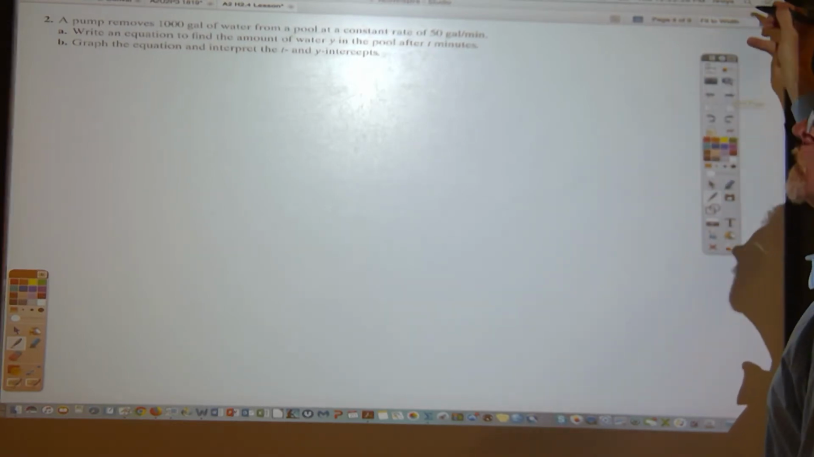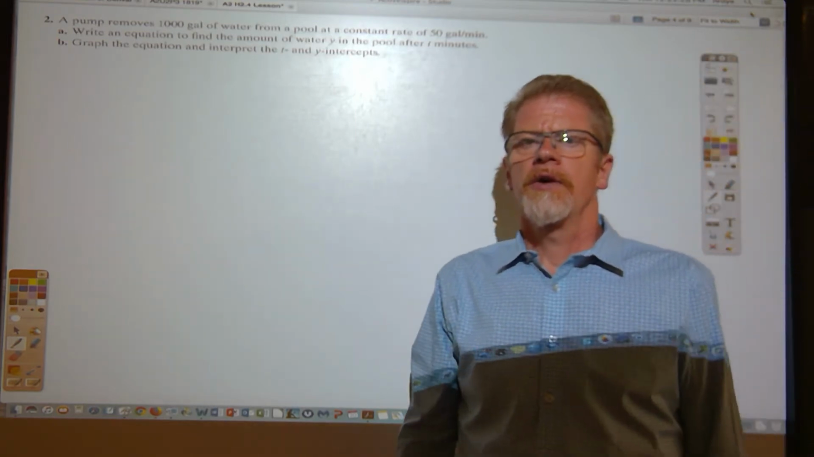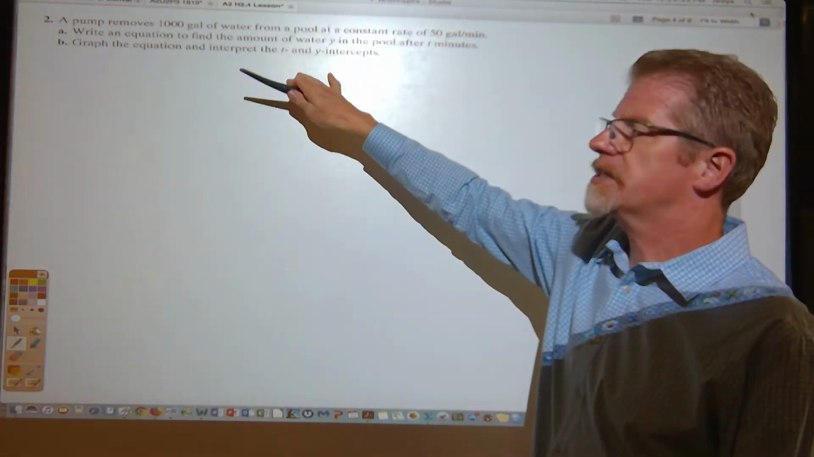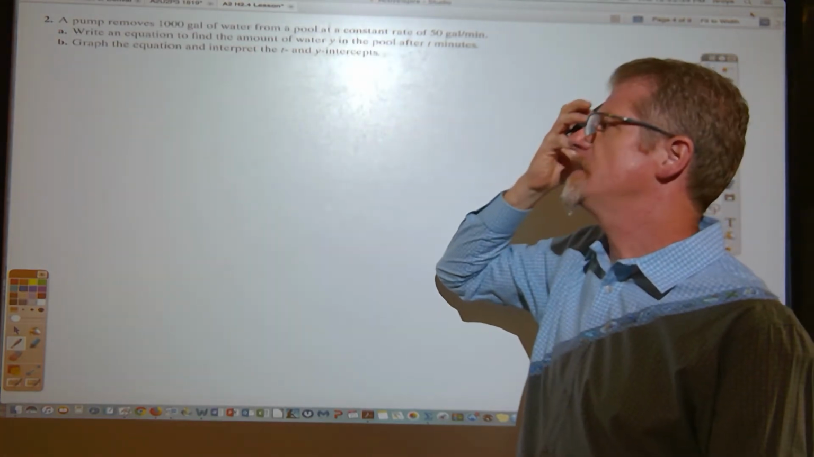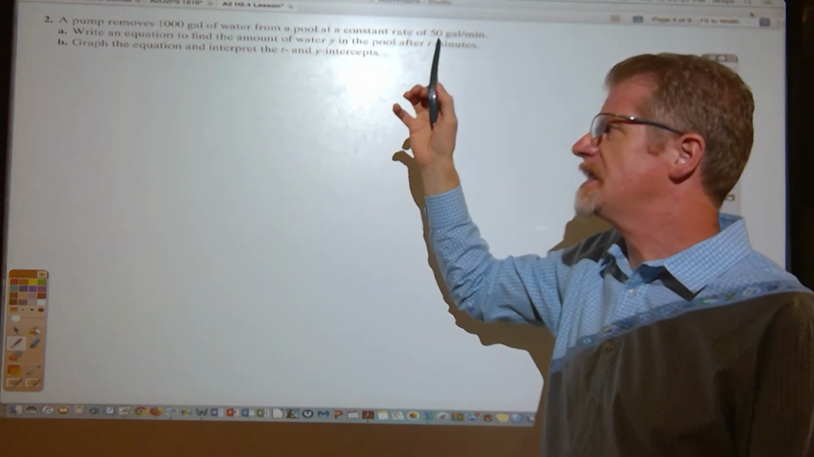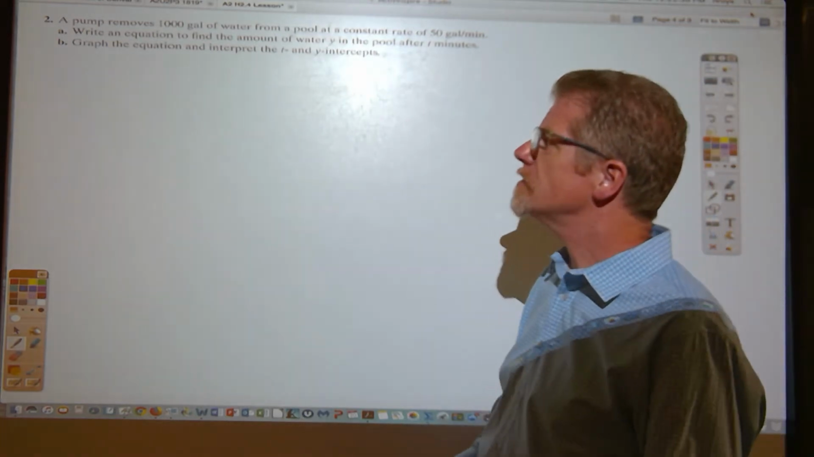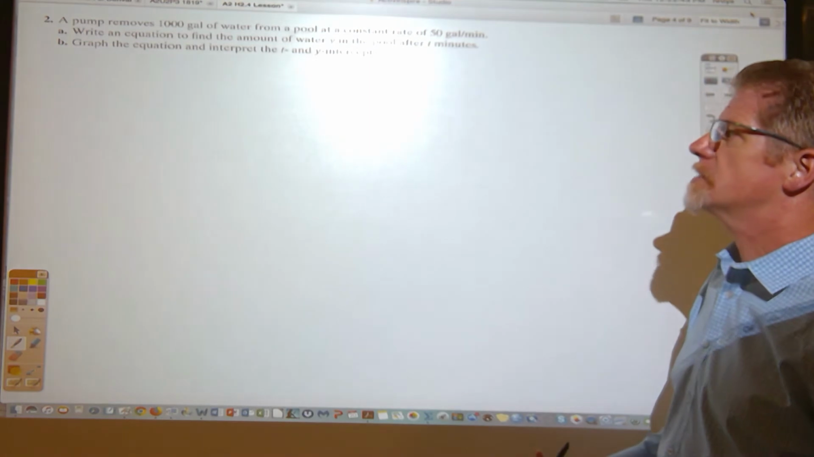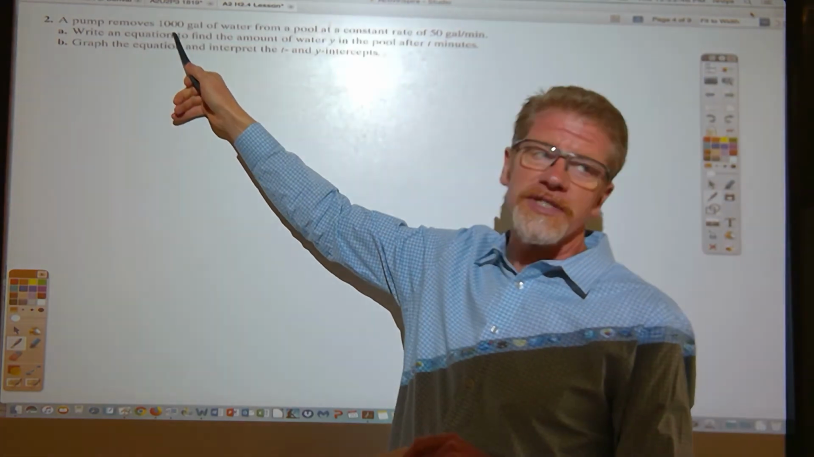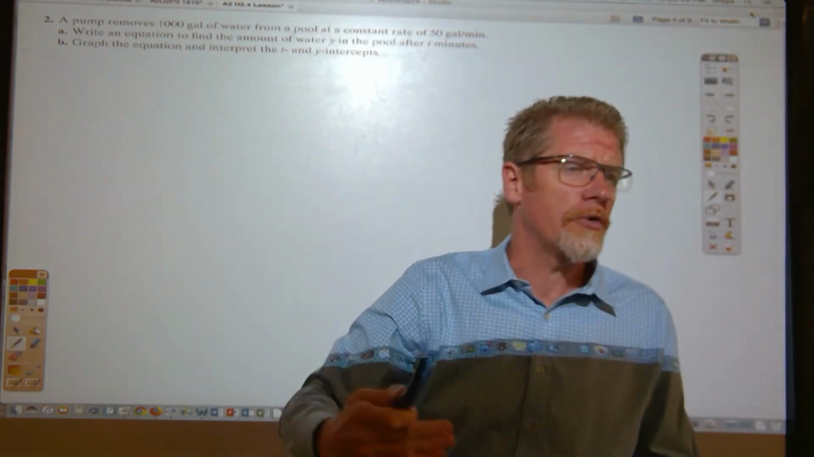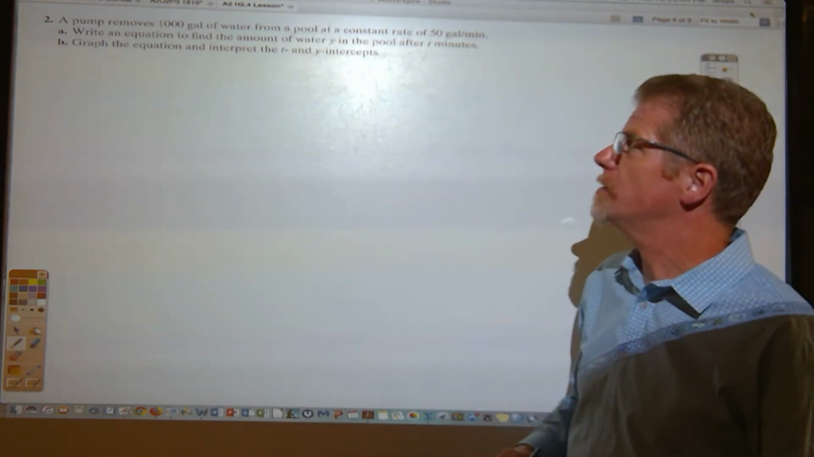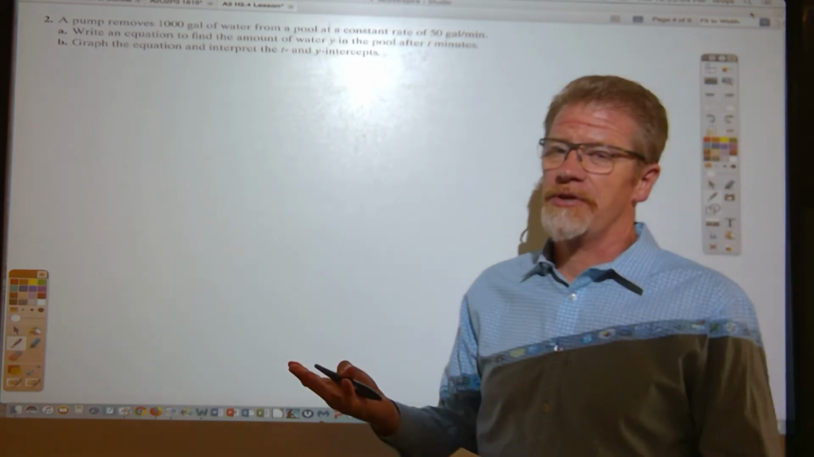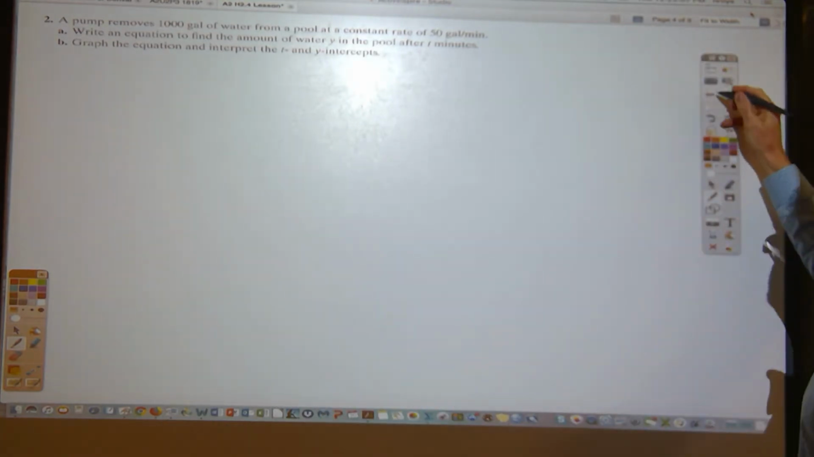Problem 2 from homework 2.4 is, and you'll see this in your textbook if you look this up in the syllabus, find out what page number it is, but problem 2 says that a pump removes 1,000 gallons of water from a pool at a constant rate. So instead of starting out with 60 pairs of tickets, we are starting out with 1,000 gallons of water in the pool. And instead of giving away 3 pairs a day,